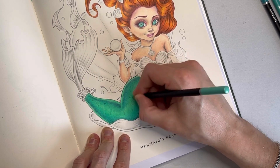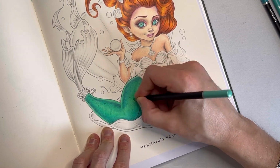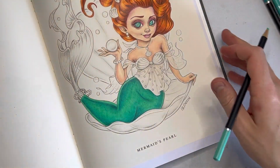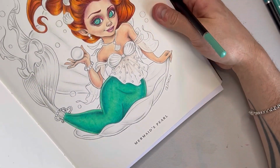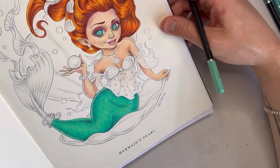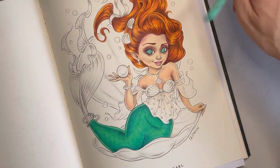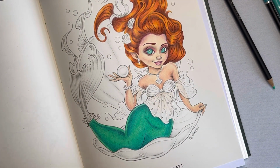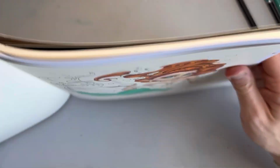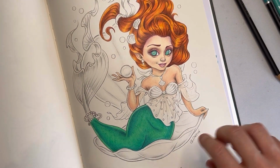And there we have it. So a lovely tail, some lovely red hair to match that beautiful pink skin. And then next time we'll tackle the fin and a top, I think, or maybe the shell, I'm not sure. But quite enjoying this page. These pencils are making an almighty mess though, but